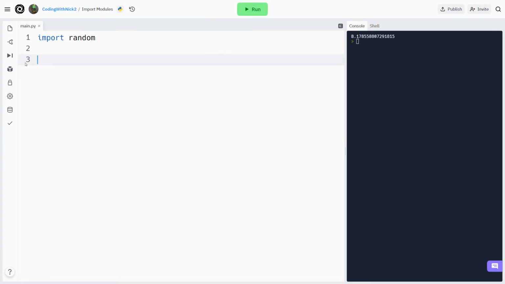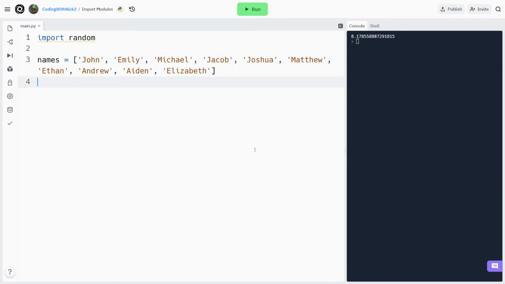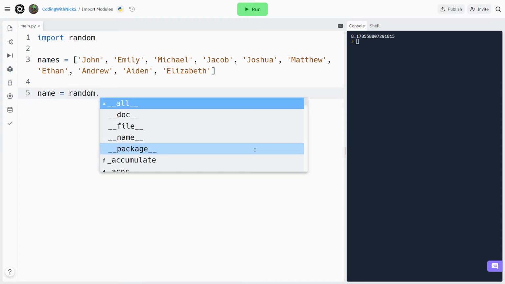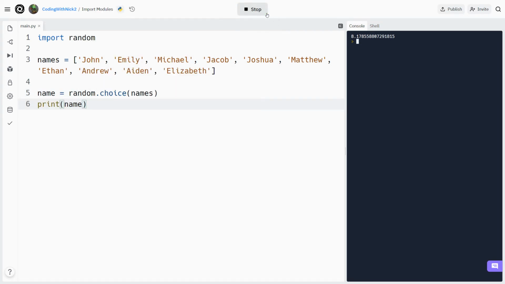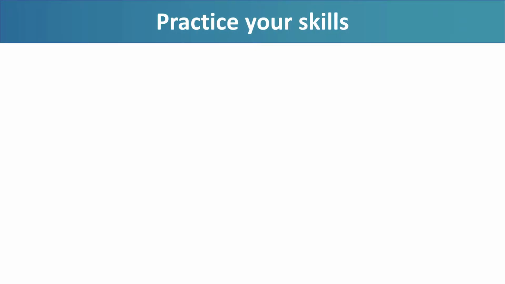Another very useful function of the random module is the choice function. Let's say we have a list and we want to select a random item from it. We can simply call the choice function and it will return a random item from that list. For example, here is a list of 10 names and I want to get a random name. Easy. Name is equal to random.choice parenthesis names. Print name. Each time we run this, we get a random item from the list. Great. Now we know how to select random values and how to import and use any module from the standard library. Let's now practice what we have learned today with an exercise.